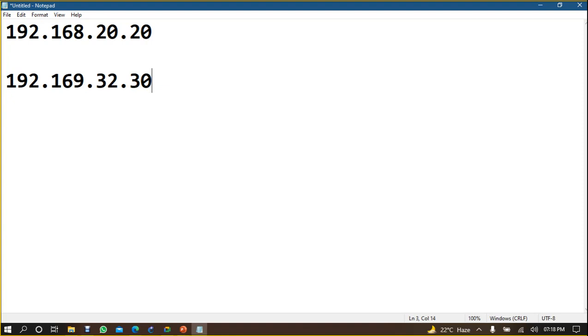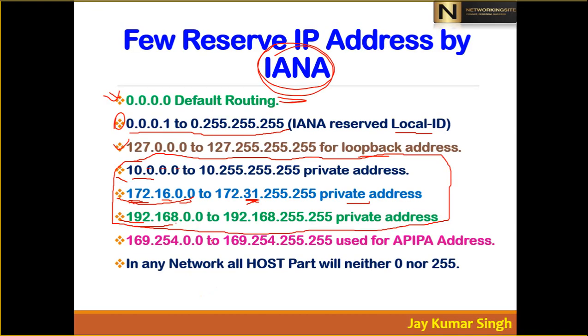Is it also private? Public. Yeah, very good. Now, this IP address 169.254 is reserved for an APIPA address, right? And same thing what I told you, in the host part of any IP,